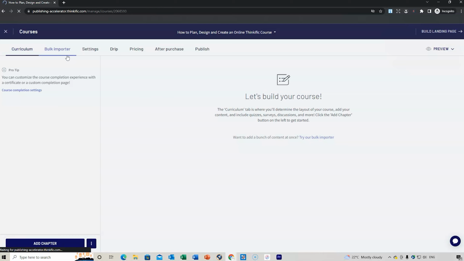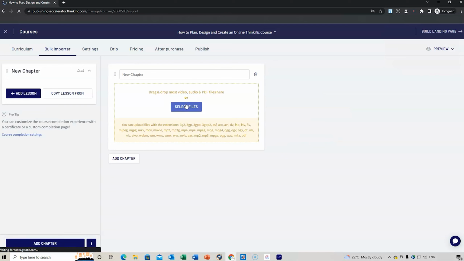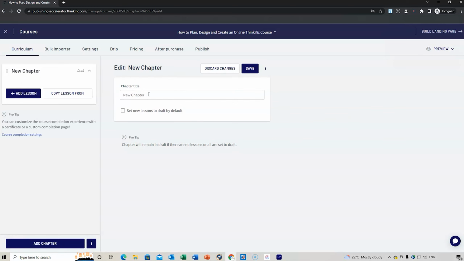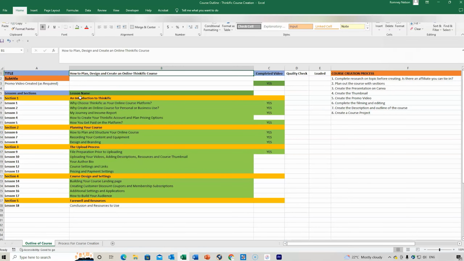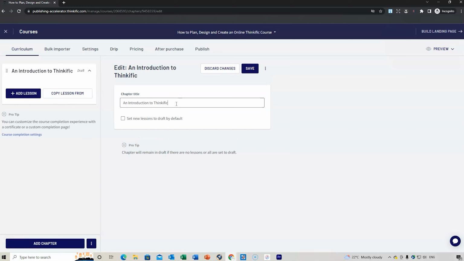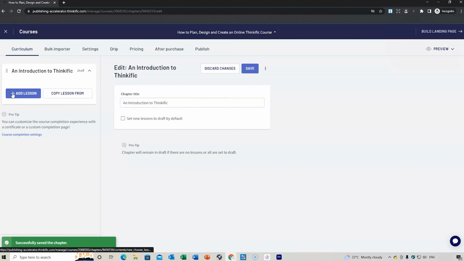So we build the course, and there are different headings along here. We can do a bulk uploader, which means that you can actually select a number of different files and you can do it. I prefer to do it one by one. So what we do the chapters to begin with. We click on where it says new chapter and we can name that. So I would do this by selecting that, and I copy that one and go back, and then an introduction to Thinkific. Now what we do is save it, saved, and then we add our lesson.